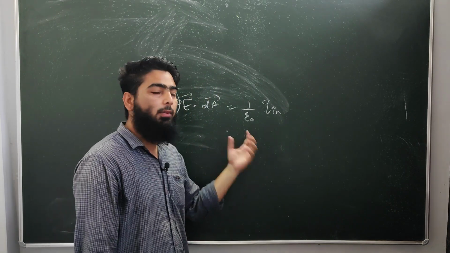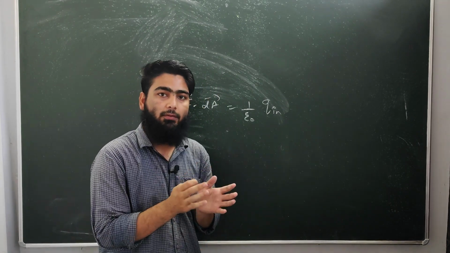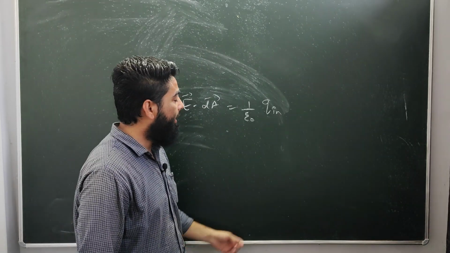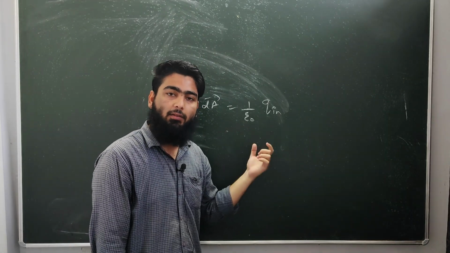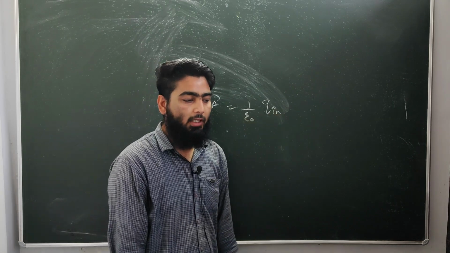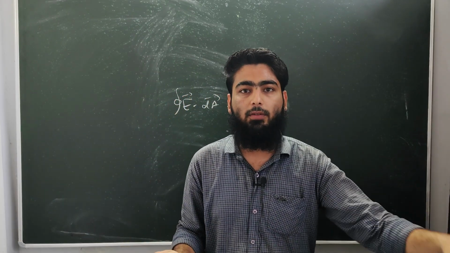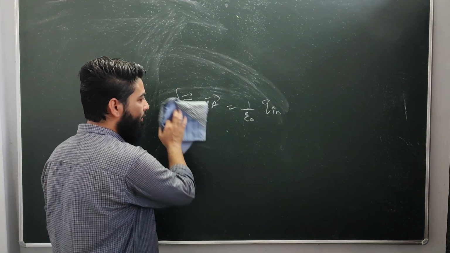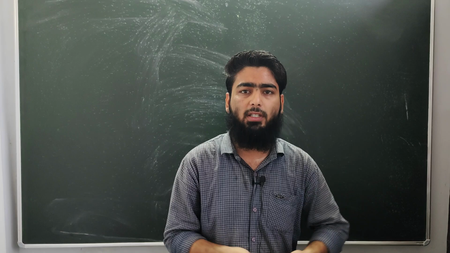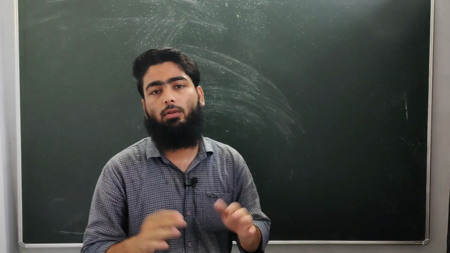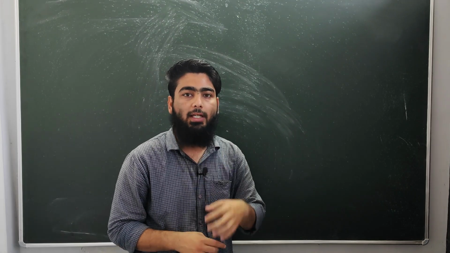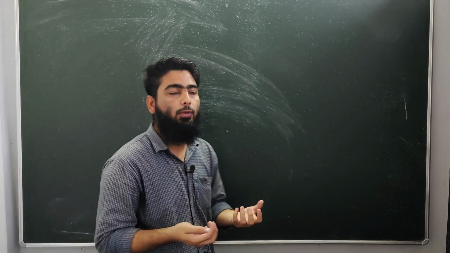By seeing this formula, we know that if you have a closed surface and you have the information about the charge inside, then you can easily find the total electric flux by just dividing the charge enclosed by epsilon naught. And this formula is valid only for vacuum, because if you take any other medium which has some dielectric constant, then there will be some changes, but that is out of our scope. So when we are applying the Gauss law, we are assuming that we are talking about vacuum only.